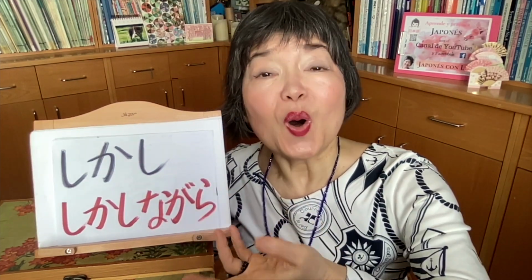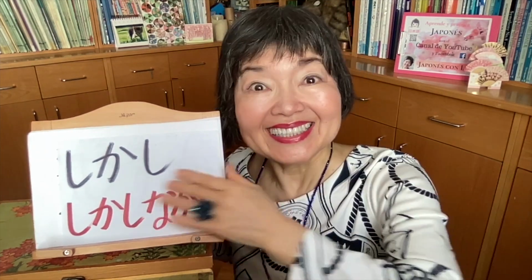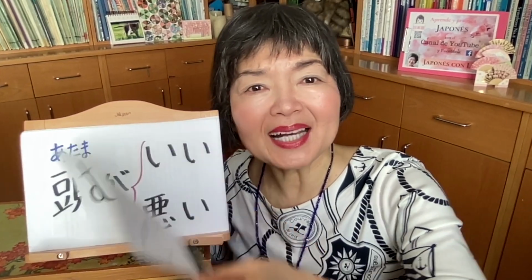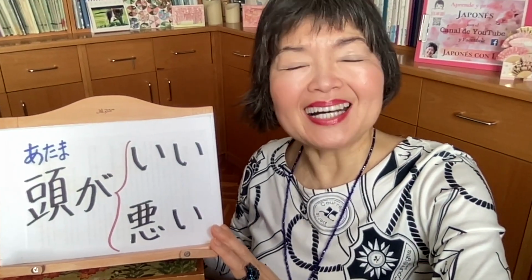There's one other thing about しかし. In this case, it's not the conjunction, but しかし shows your surprise or your emotion. Oh, wow! What a fantastic view! しかし、素晴らしい景色ですね。Oh, wow! Your daughter is certainly intelligent. しかし、娘さんは頭がいいですね。